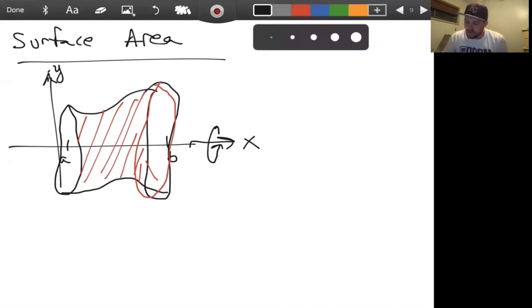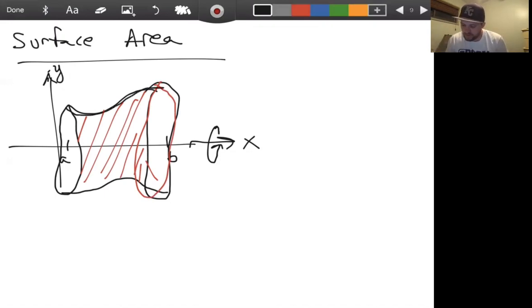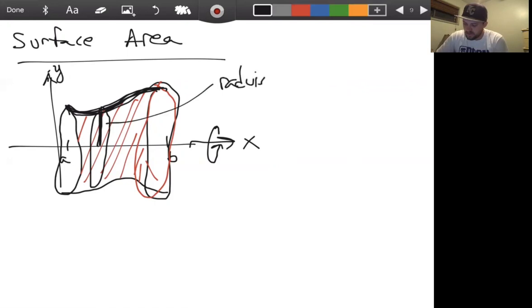And we can directly derive the formula for surface area based on what we just knew about arc length, right? So arc length gets us the length of the side of this thing. The height, right? If we were to cut this up into a slice, one of these circles in here would have a radius of y of t,